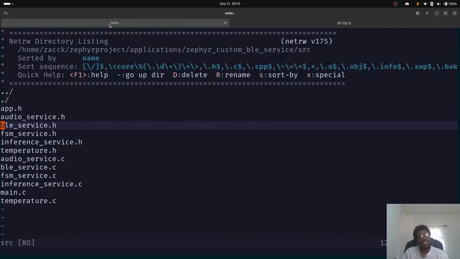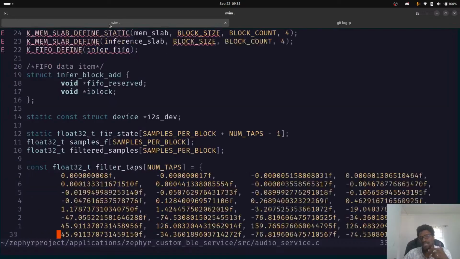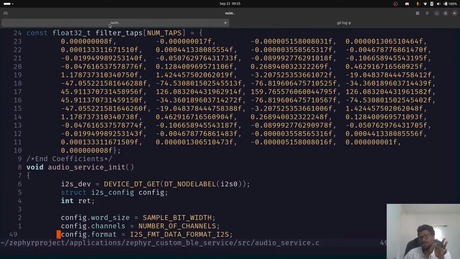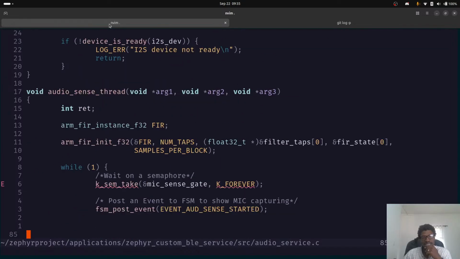So here it is. This is quite a mess, but we'll move this later. We have an audio service, and our audio service right now, forget all the filter stuff, we'll move this later. What our audio service does right now is